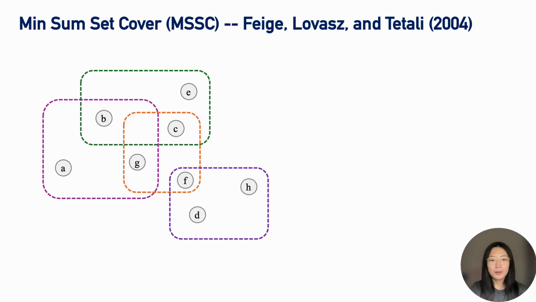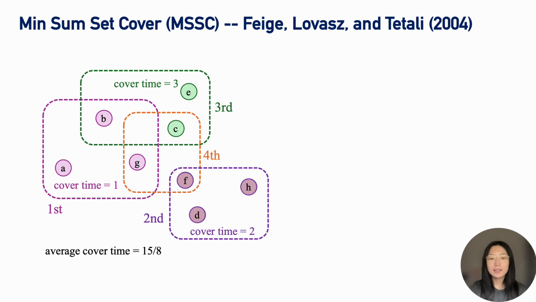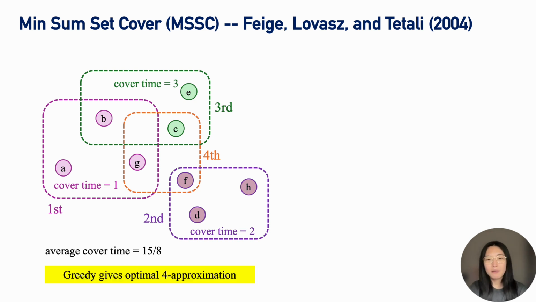In this example, suppose we order the subsets in this way, and the first subset covers A, B, G, so the cover time of them is 1, and the second subset covers F, D, H, so the cover time will be 2. The third subset covers 2 new elements, C and E, so the cover time of them is 3. The fourth subset covers nothing new. And the average cover time in this example is 15/8. Indeed, the greedy algorithm gives an optimal solution of this problem, which is a 4-approximation. Here, greedy simply means that in each round, you choose the subset that can cover the maximal number